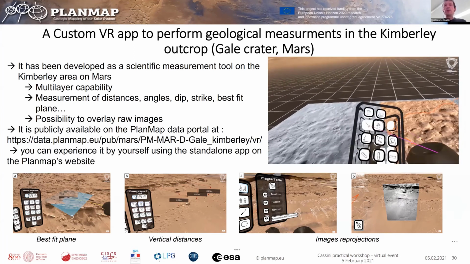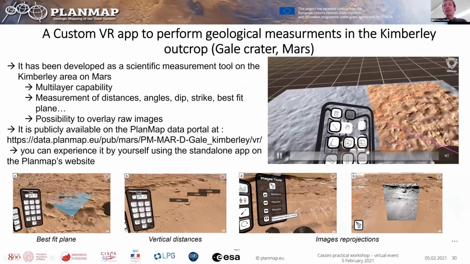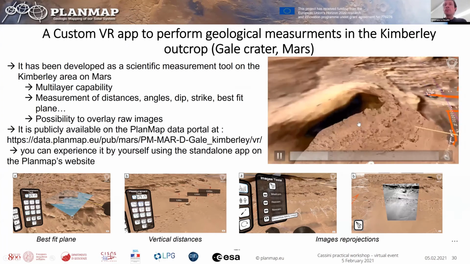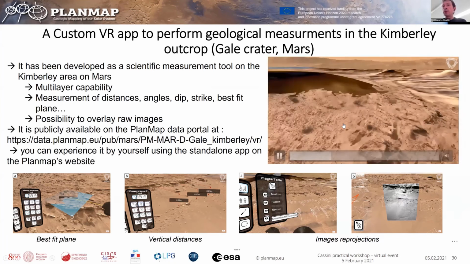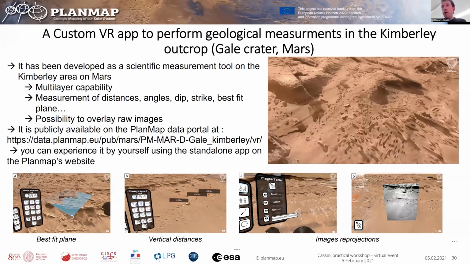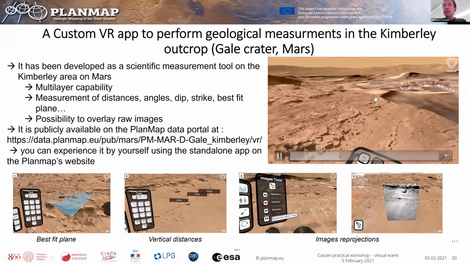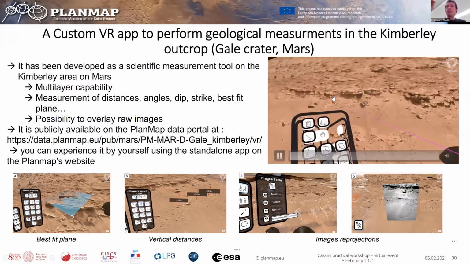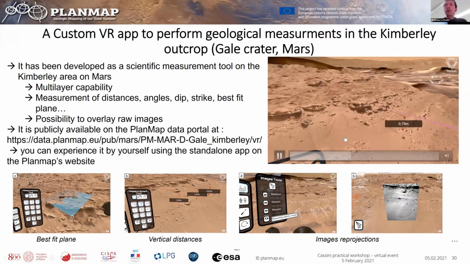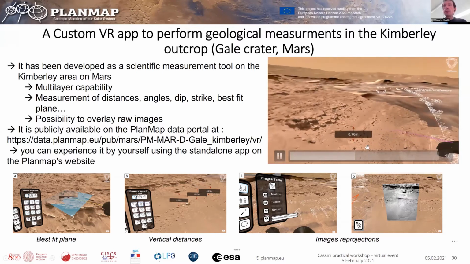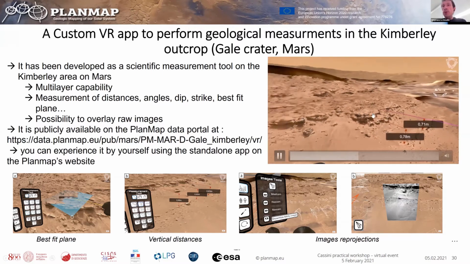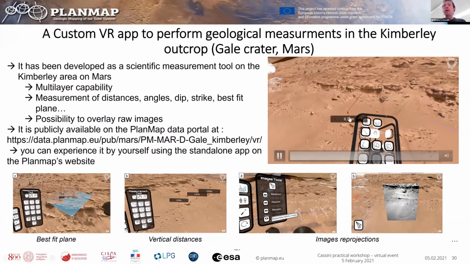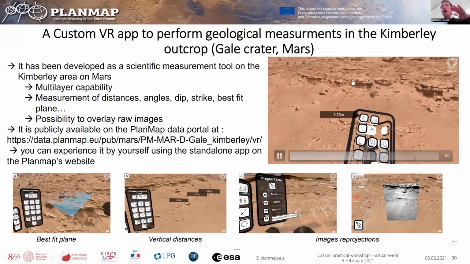So you see, just briefly in this video, that you have a bunch of tools here on your trackpad, and you can zoom in, zoom out to select the scale at which you want to work on the place. You see the squares here in white. It is the position where Curiosity was when it took all the pictures. And with your remote controller, you are able to place points directly on the outcrops,